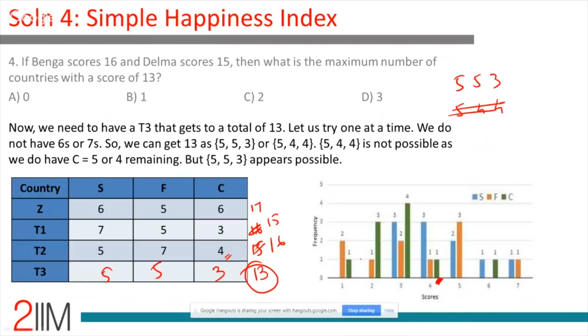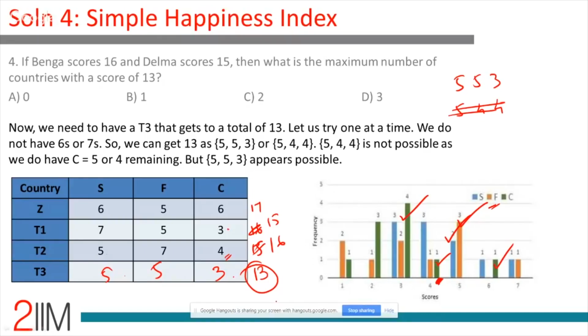5, 5, 3, is that possible? Are there 3 5s in F? Oh yes, there are. Are there 2 5s in S? Oh yes, there are. Do we have 2 3s in C? Oh yes, we have. Do we have 1 4 in C? Yes, we do. 1 6. Oh, this seems possible. So we could very well have a scenario where Zuma is 656, T1 753,